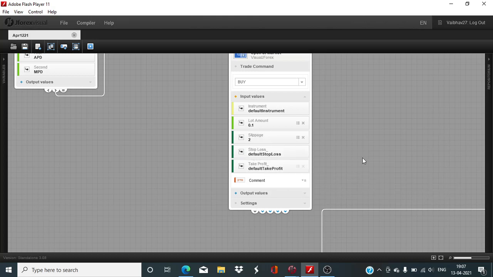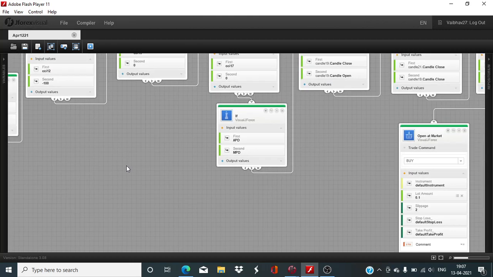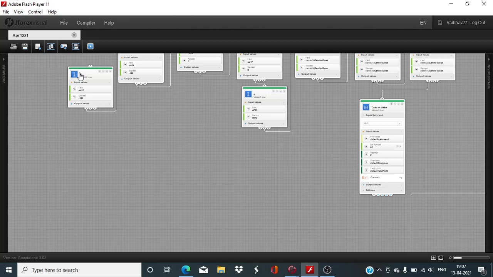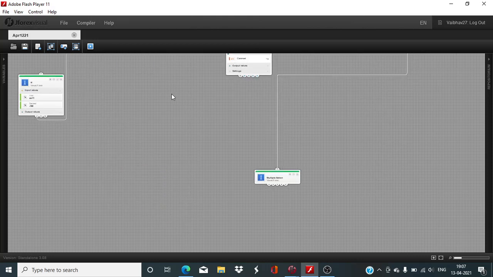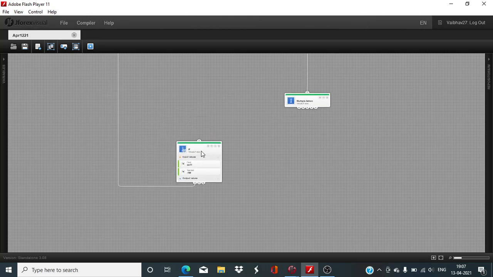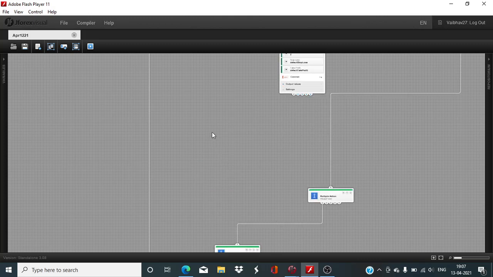Stop loss, take profit. We will need to go back to the chart and see what are the appropriate levels of stop loss and take profit. We can make it dynamic or we can keep it constant, static. We can use both the methods. So we will go back to the chart